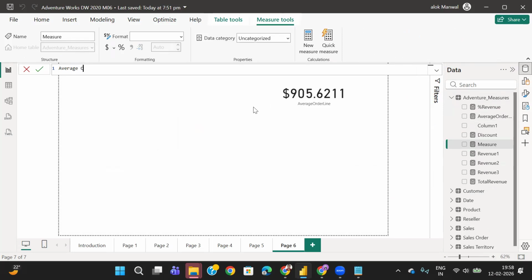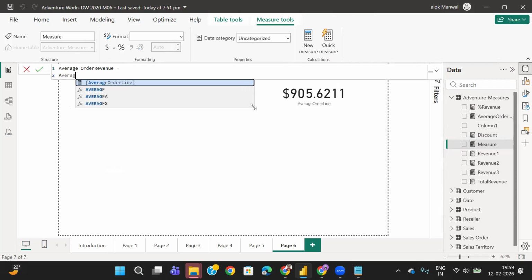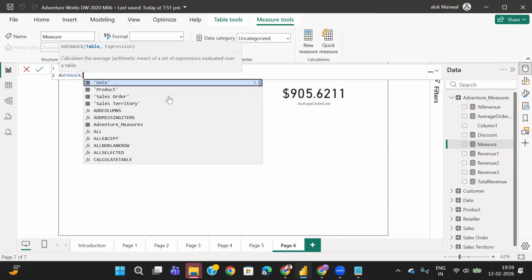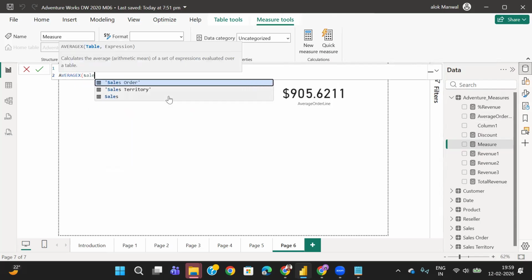Average order revenue. It means I want revenue as per orders. So I'm just doing average X. The table is sales, and my expression would be